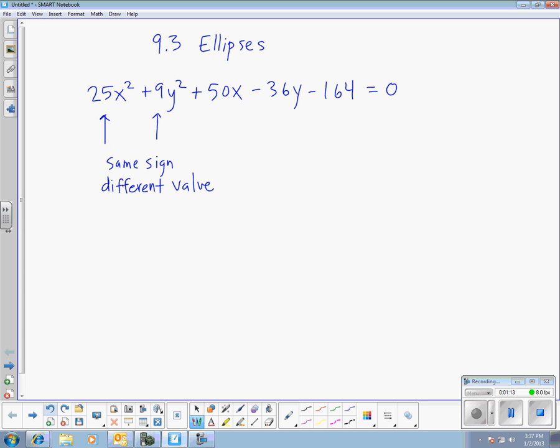And it's kind of just like we're distorting it in one direction or the other, which is what an ellipse is. It's sort of like a circle, but we've distorted it one way or the other. When we get to the next section, hyperbolas, that's when one of these is going to be negative, but we'll worry about that later. So question 1, how do you know it's an ellipse? Because those two numbers are both positive but not the same. Question 2,